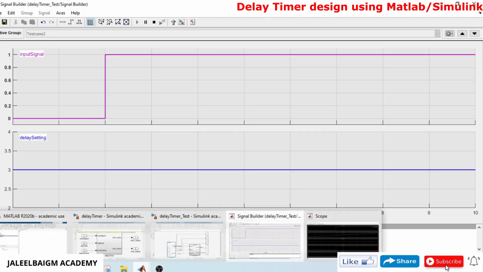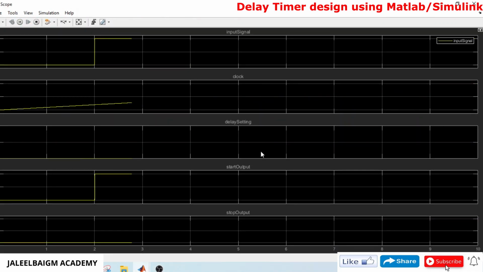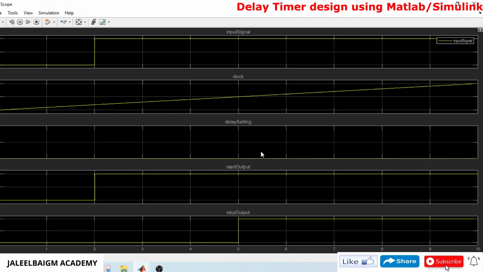I'm running this second test case. If you look at the test signal, this is the input signal. The input signal started at 2, and the start signal has also started at 2, and after our timer setting is set to 3, 1 2 3, it has gone to high.